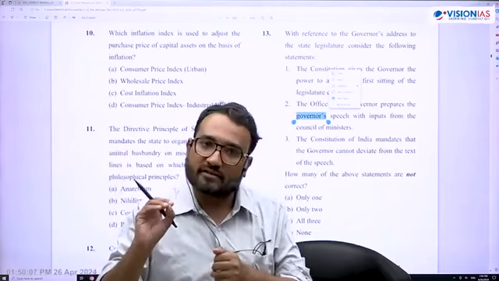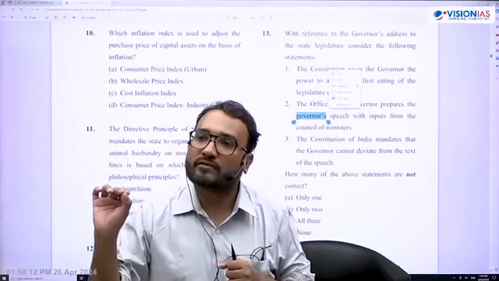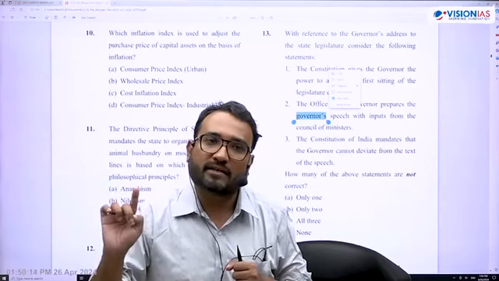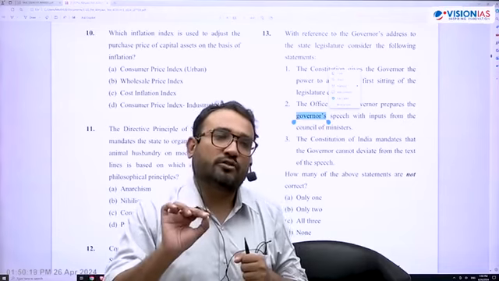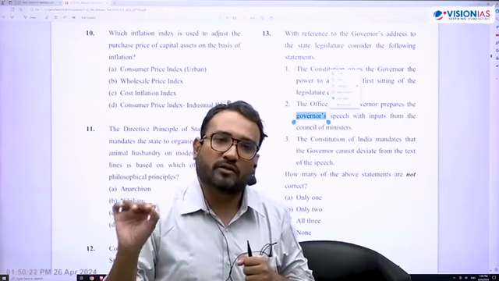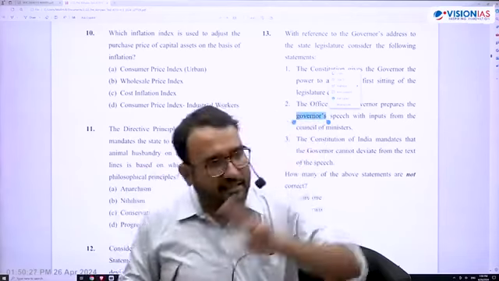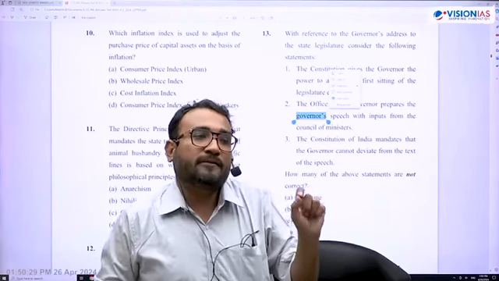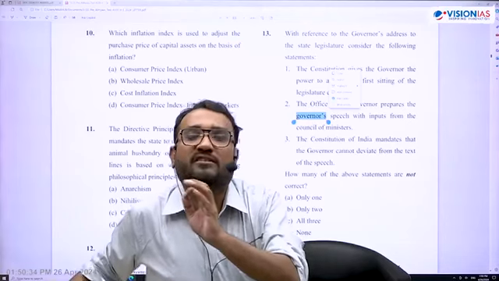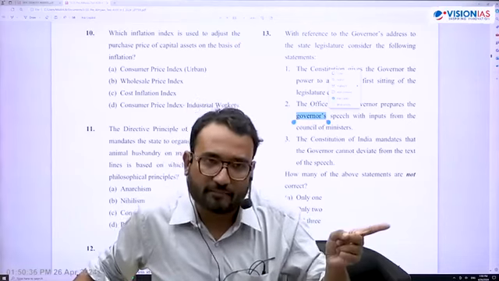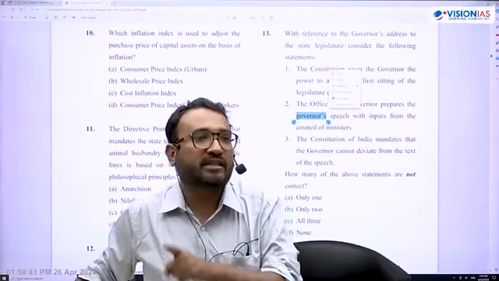So Article 163 primarily conveys two messages. One, the governor shall act on the aid and advice of council of ministers except on those matters where the governor is expected to act in discretion. Second, if there is a question whether a matter falls within the discretion of governor or not, then the decision will be taken by governor and his decision will be final. Third thing which they can ask in mains, difference between president and his council of ministers versus governor and his council of ministers. There is no discretion term mentioned related to president, but there is discretion term mentioned related to governor, because of maintaining the unity and integrity of the country.